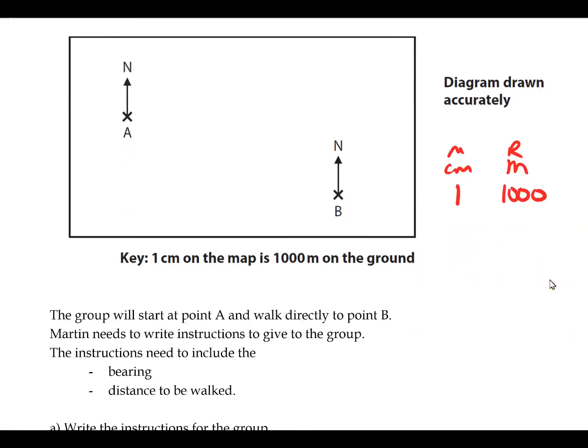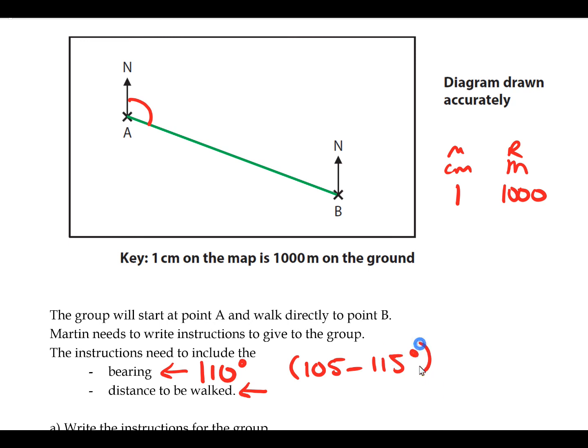The group starts at point A and walks directly to point B. Martin needs to write instructions to give to the group. The instructions need to include the bearing and the distance walked. So we're walking from A to B, so we would draw a straight line between the two. Now for the bearing, you would take your protractor and measure it round. Now when I measure this bearing, I get roughly 110 degrees. So your answer, you'll probably be allowed between 105 and 115 degrees for the bearing